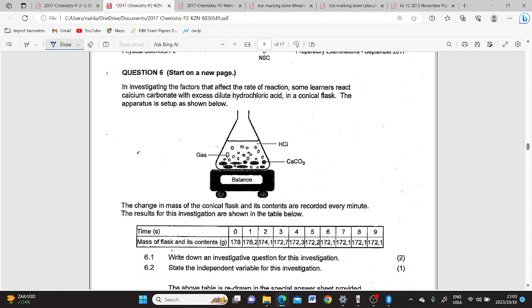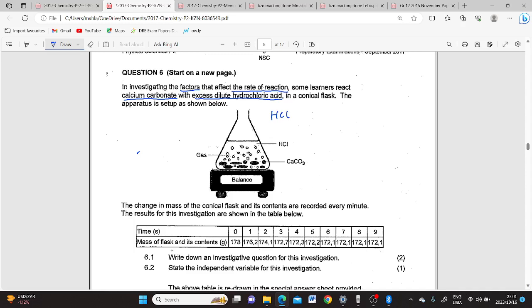Question number 6, they're saying investigating the factors that affect the rate of reaction. Now we're talking of the rate of reaction with the factors. Some learners react calcium carbonate with excess dilute hydrochloric acid, and then in the conical flask the apparatus is set up as shown below. So they are saying they are reacting